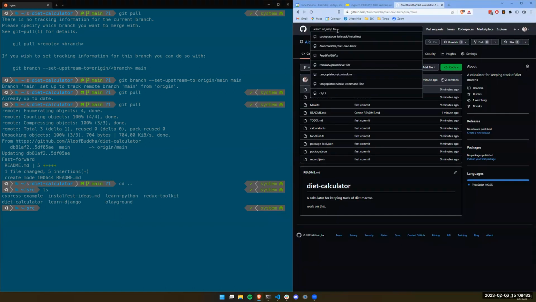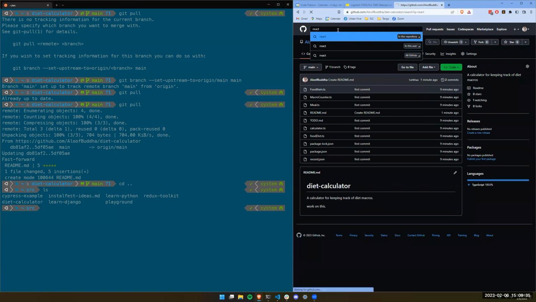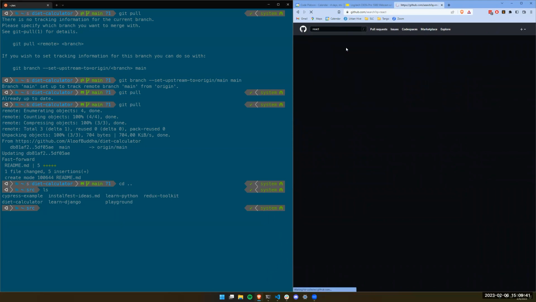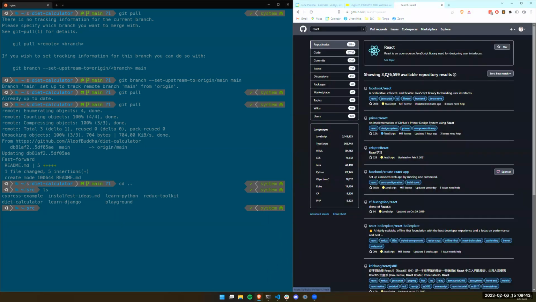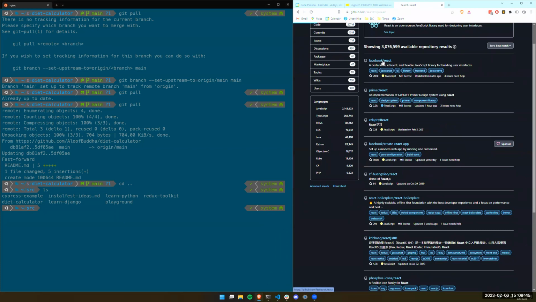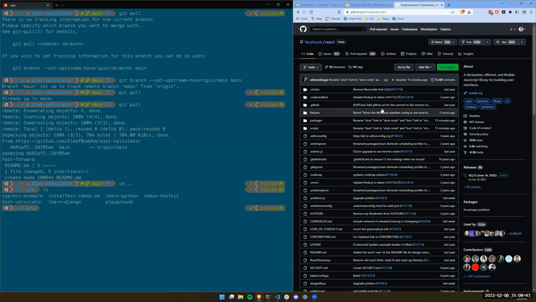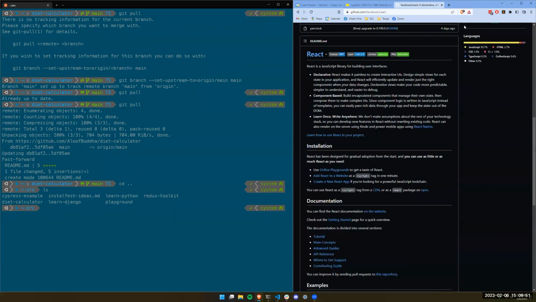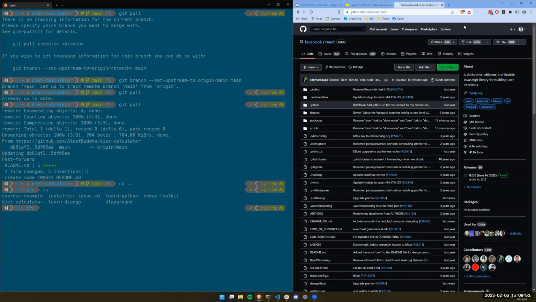So if I look for a popular repository like React, I don't know why I can't find that. No, oh yeah, all of GitHub, okay. Yeah, so Facebook seems to make this thing called React. I can look into it. It looks long. It looks involved. Let's see how many stars it has. Ooh, 202,000 stars. That's more than I've ever gotten. I think I've gotten like 40 at best or something.